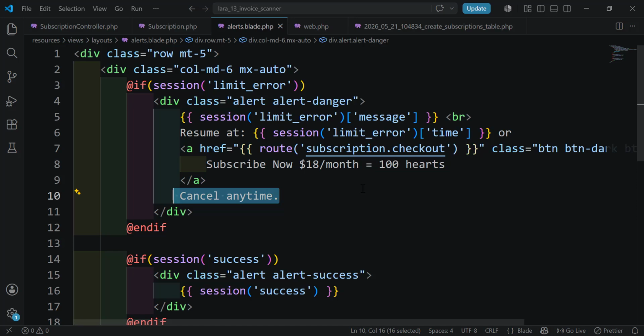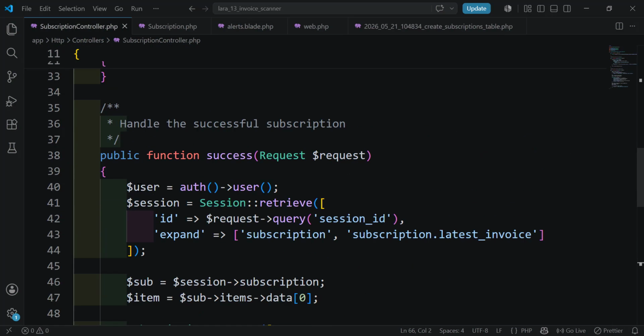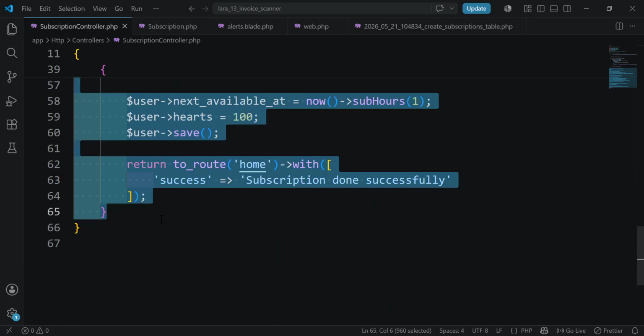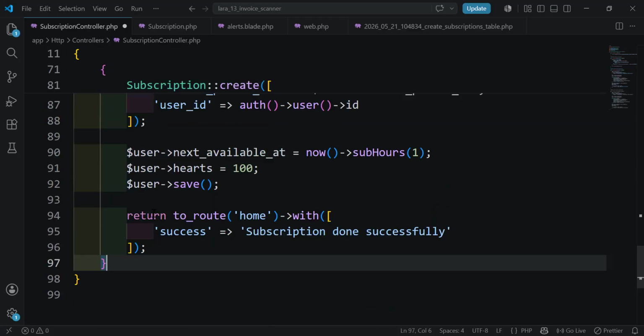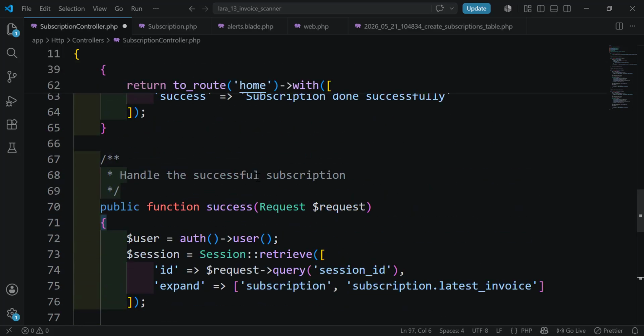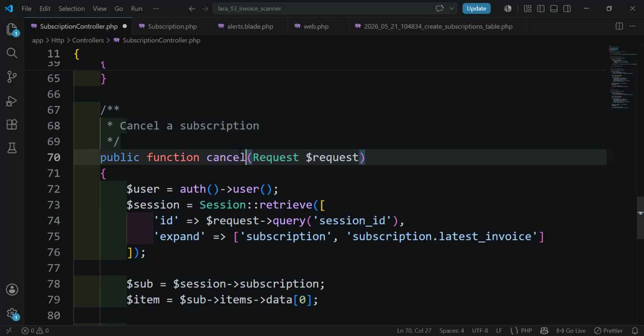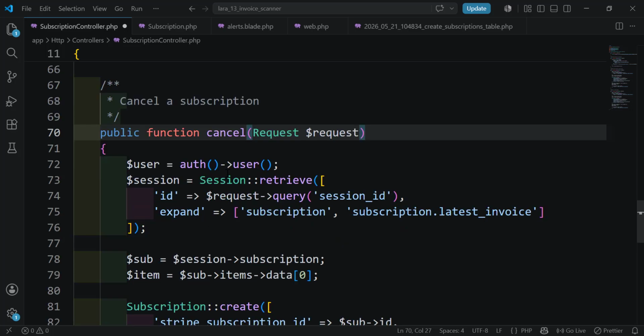Before we display the subscription inside the profile page, let's add the function so the user can cancel the subscription. Let's copy this function that we have here and paste it here, and change it from handle successful subscription to cancel a subscription. So here let's change it to cancel and it will receive the request. So here we need the user